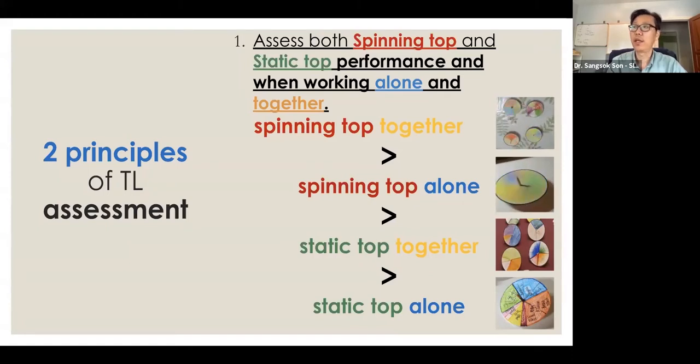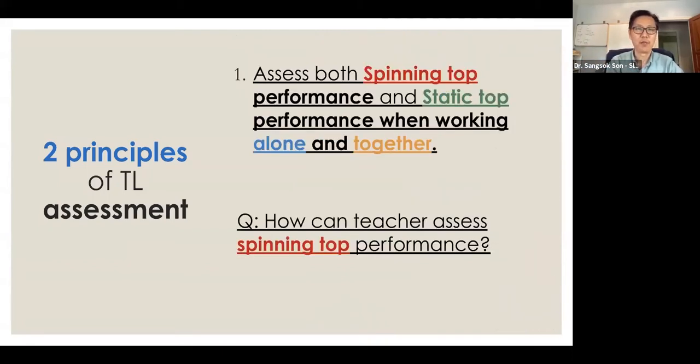And then in their language objective, in their unit plan, they have the spinning top performance objective also. So when they assess, they have to check whether they achieved that objective or not in their evaluation. So they need to assess. But the second question: how can teachers assess the spinning top performance, even when the teachers don't understand students'